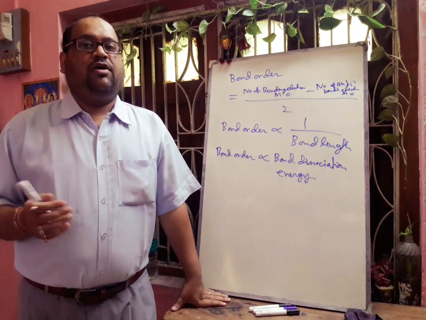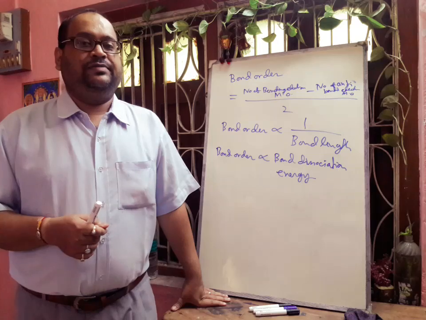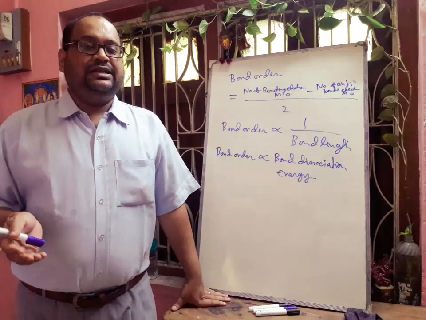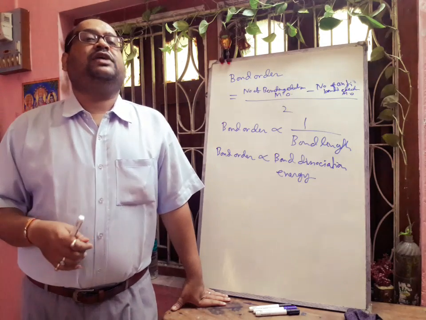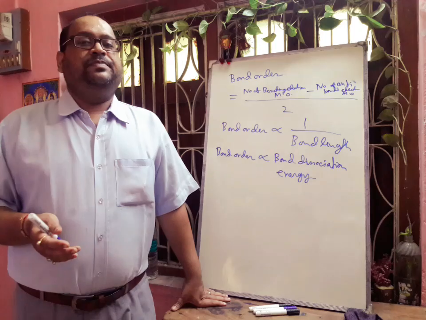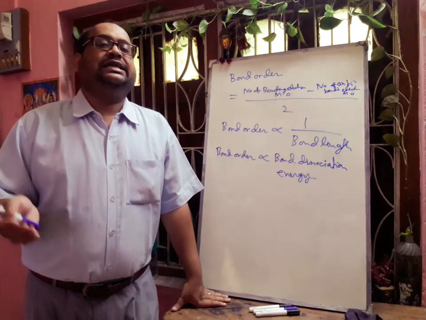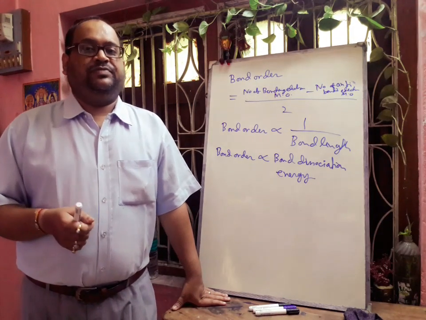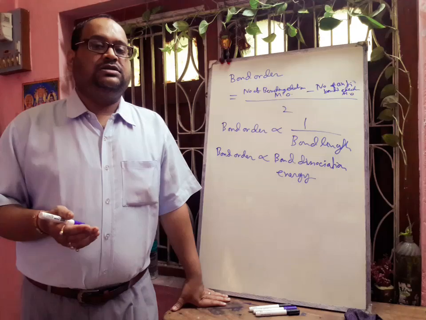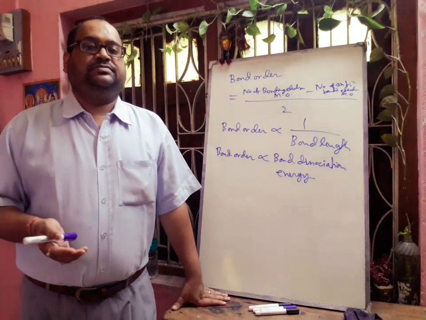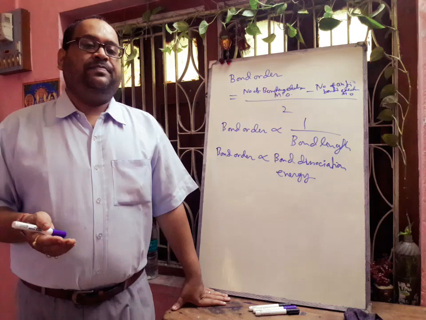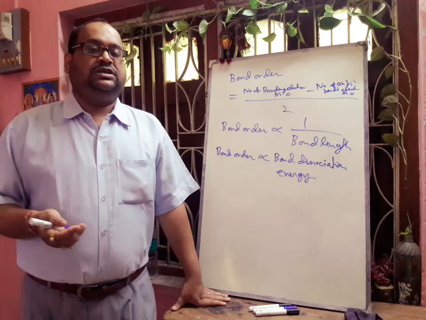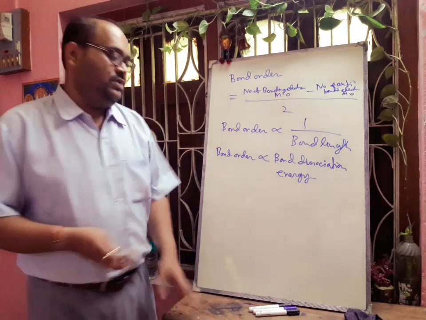For molecules where all electrons are paired, we can tell it is diamagnetic. And when there is an unpaired electron in the MO diagram, definitely the molecule will be paramagnetic and it will be attracted by a magnetic field. So this magnetic character we can also predict by this MO diagram. The greater the number of unpaired electrons, the higher the paramagnetism. Next we will discuss the MO diagram, how to fill up the electrons in the MO orbitals, one by one.